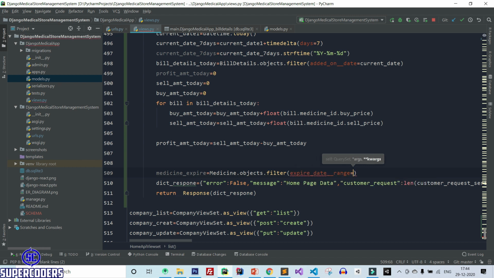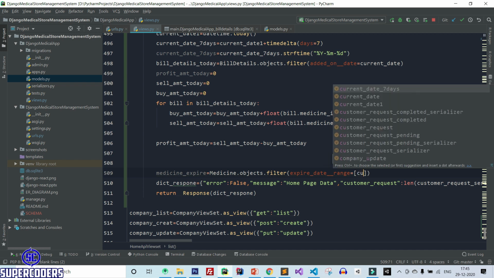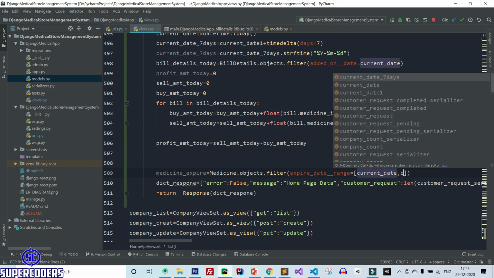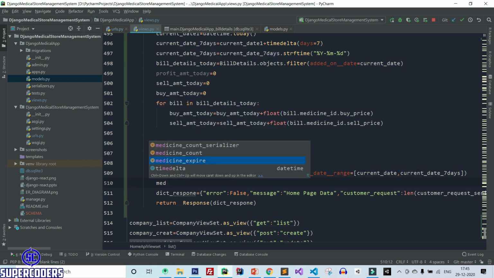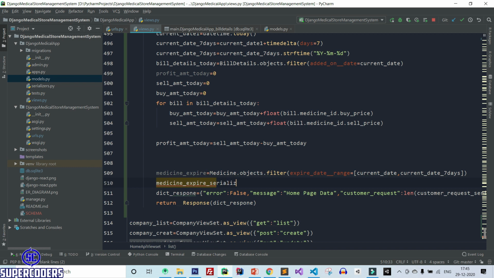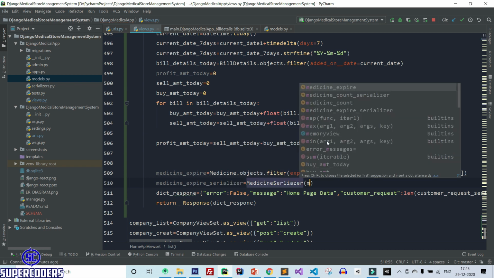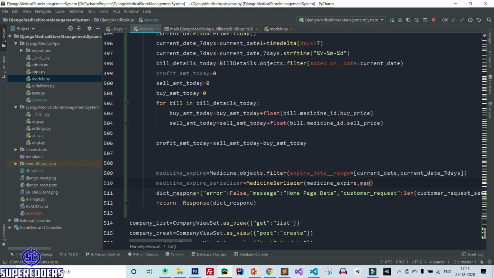So range equal to first start date, so start date is our current date, and end date is our current date 7 days. After that, medicine expire serializer equal to medicine serializer, then passing the medicine expire many equal to true. After that, context equal to request and request.